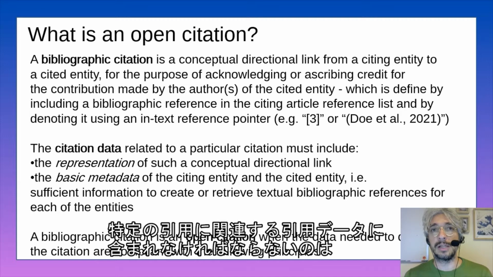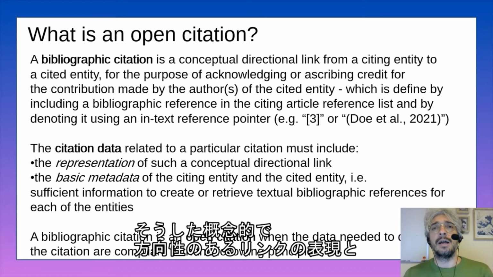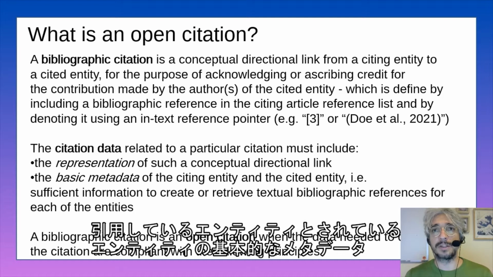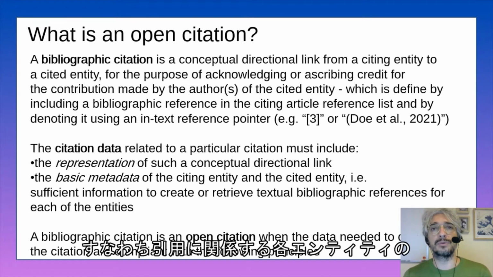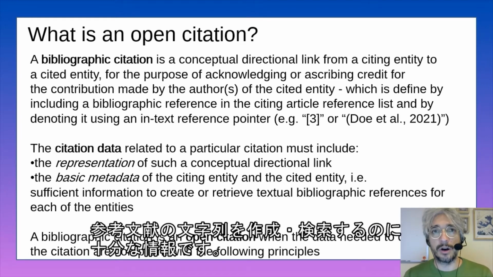Citation data are related to a particular citation and must include the representation of such a conceptual directional link and the basic metadata of the citing entity and the cited entity, that are sufficient information to create or retrieve textual bibliographic references for each of the entities